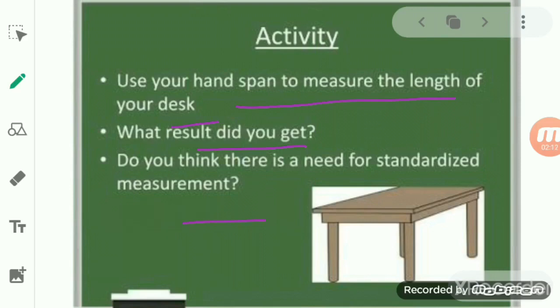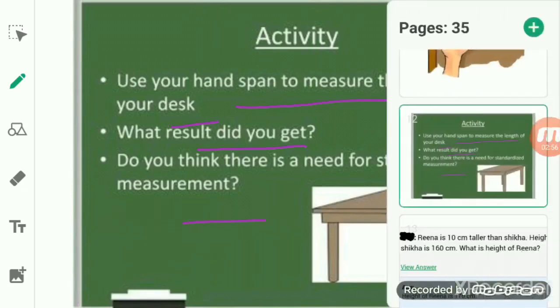So the conclusion we get from this activity is that the hand span is not a consistent method to measure length, as the size of the hand span differs from person to person. Since it varies, we should not continue with this. We discussed that we will use the SI unit because people of different countries were using different units, and that's why scientists developed the SI system.